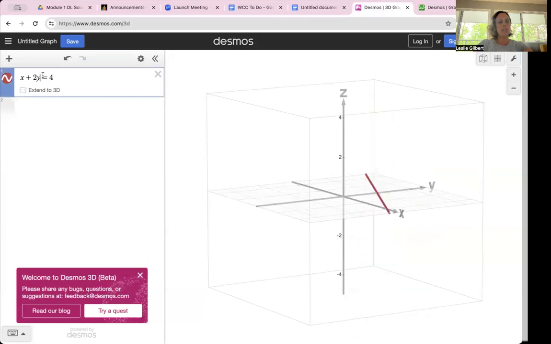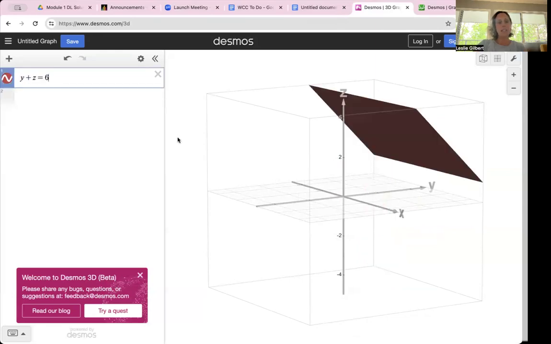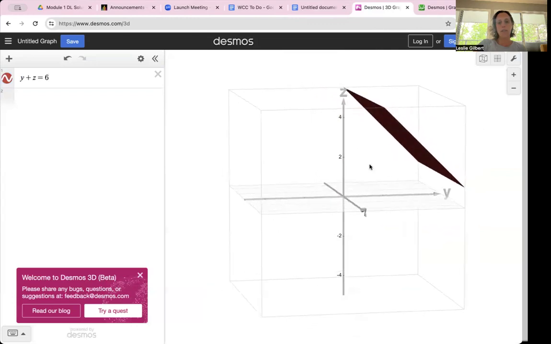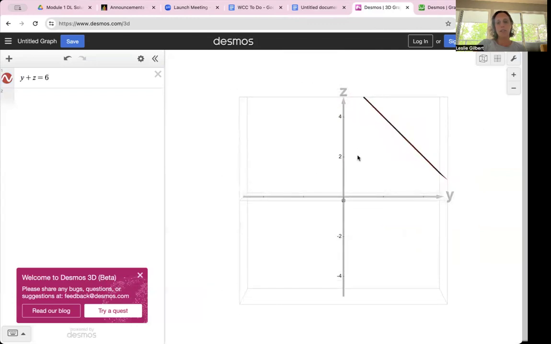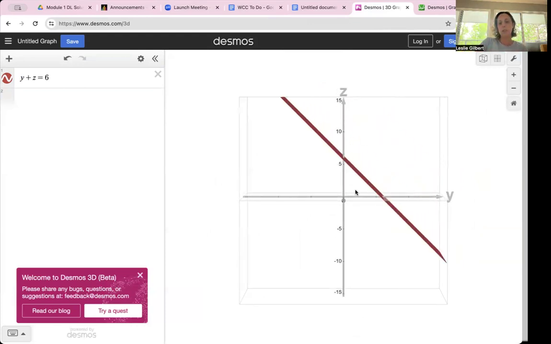If I take off extended 3D, it is going to graph, well, apparently it extended to 3D anyway. It's going to graph the line, and see how I couldn't really see it well. It was kind of chopped off. I'm going to zoom out just using my mouse. I can see how that looks like the line. Y plus z equals 6, kind of like x plus y equals 6, except that with the y and the